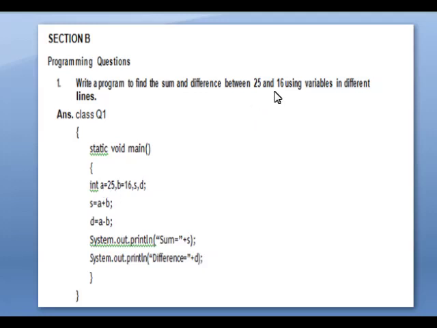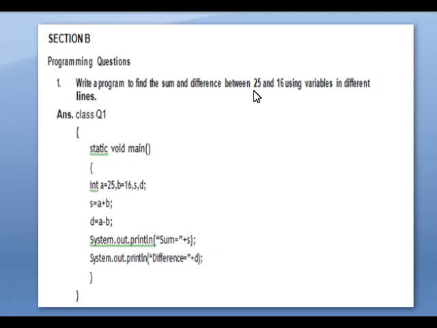25 and 16 are integers, so we are assigning it as int. There is no decimal value here, so both the variables are integers. If we add any two integer values, we will get the sum also in integer and the difference also in integer. So all the variables are integers.